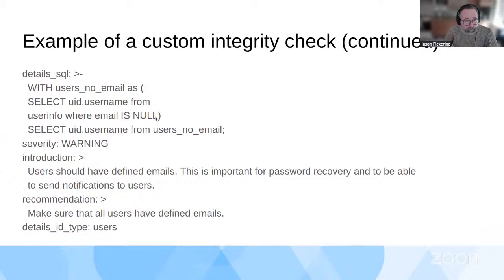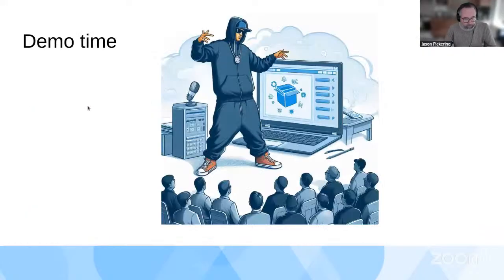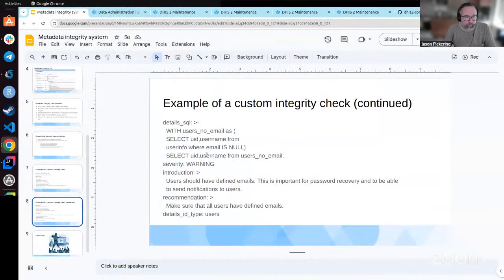So this is the same SQL query: UID, username from user info where email is null. And then we just select this, and we can test this on our own database. You can give it a warning, and then, of course, the introduction and recommendations. So you can give this a try. There's plenty of examples there in the